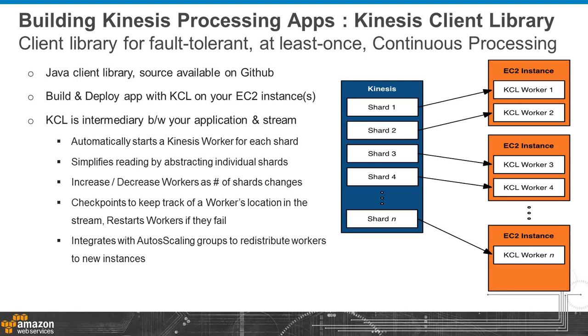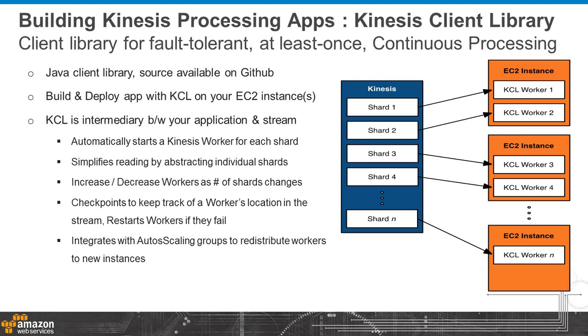In this process, the developer would first build a core business application. Now, this business application could be relatively simple or relatively complex. Let's take the case of simple aggregation and compression of data before sending it on its way to S3. So how does the Kinesis client library help in this regard?